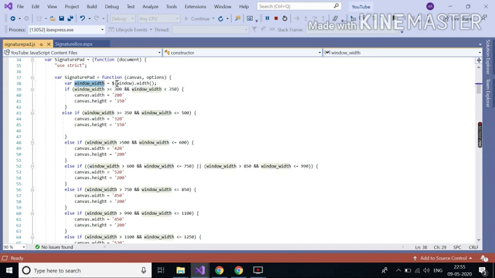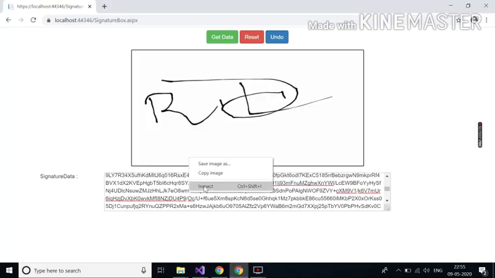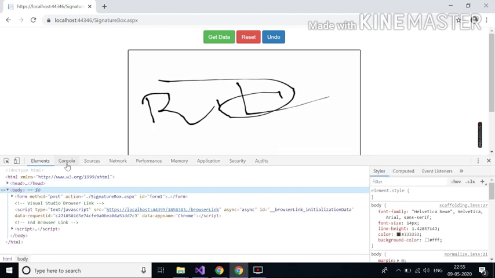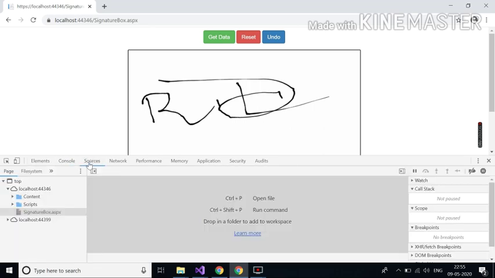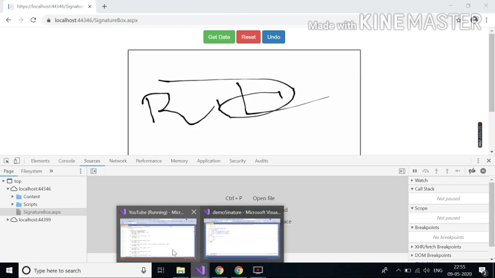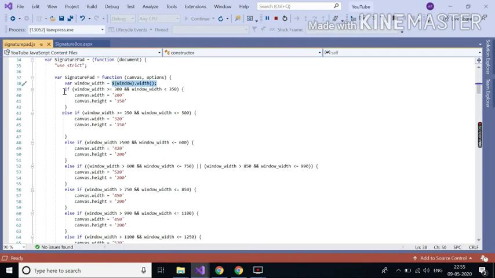How do we first find the window width? Copy this, and this is the effect in the console. My laptop device width is 1263, and the canvas changes according to the media.